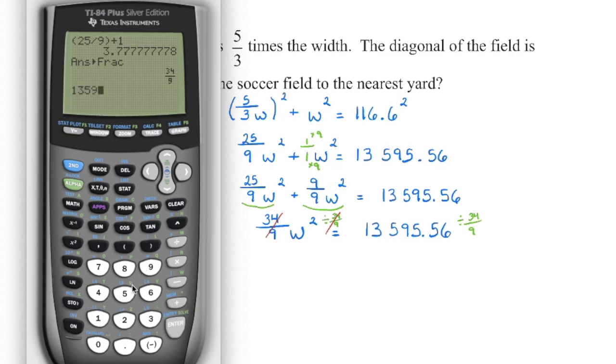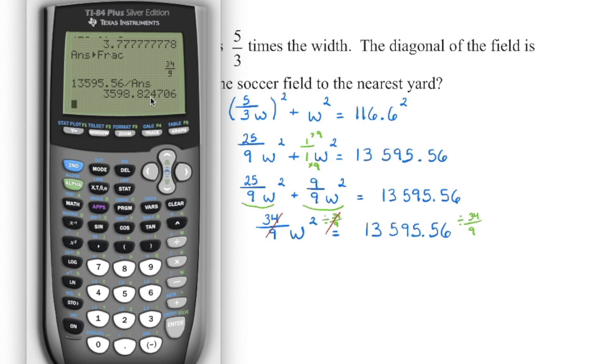13,595 and 56 hundredths. And now I want to divide by that 34/9, and that was the last thing that we calculated. So what we can do is divide, and instead of typing in 34/9 again, we can actually go second function and then press the negative key at the bottom. You'll notice in little painted letters here it says answer. So what your calculator is doing is taking the last value that you calculated and entering that in there. And then we can press enter, and that's going to give us the